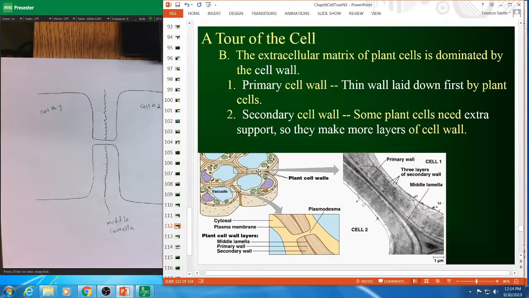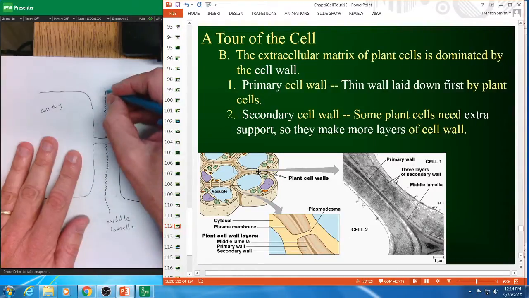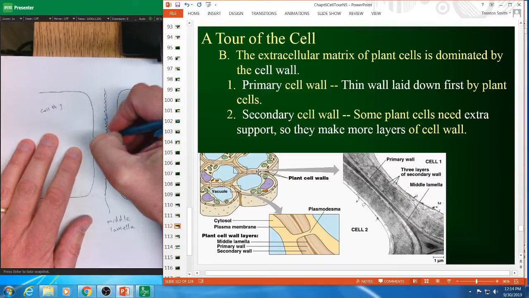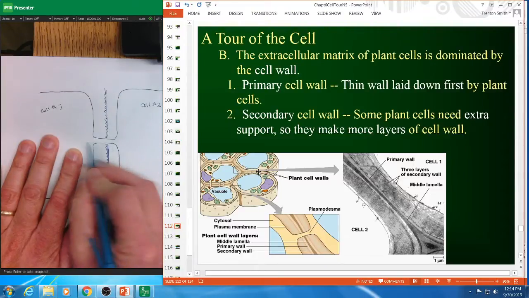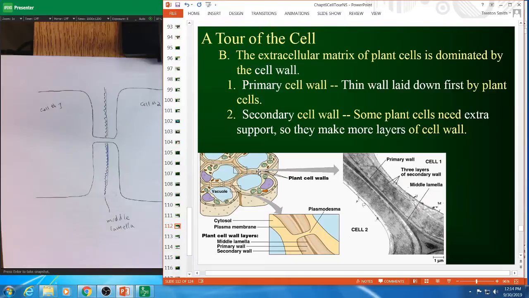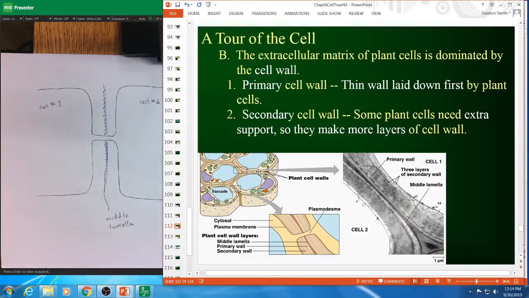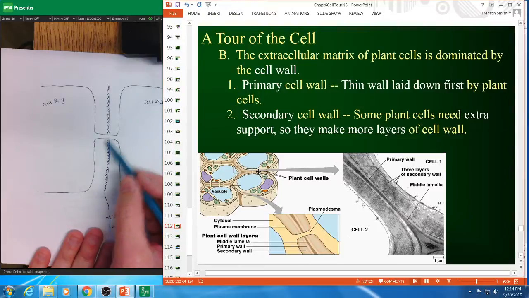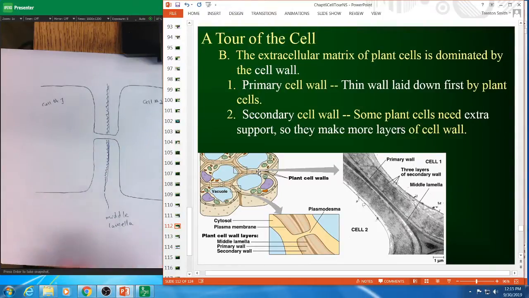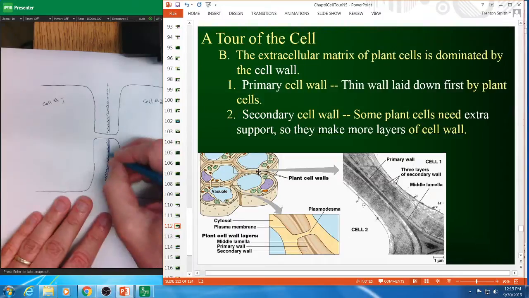Then, outside of that, and I'm just doing a cross section here. So this little hole, this passageway between the cells that I've drawn, would be just a small little circle, like a small tubular passageway. It doesn't run all the way through the cell wall. It goes all the way from one cell to the other, but it's otherwise very cylindrical, and it doesn't go across the whole axis of the space between the cells. So